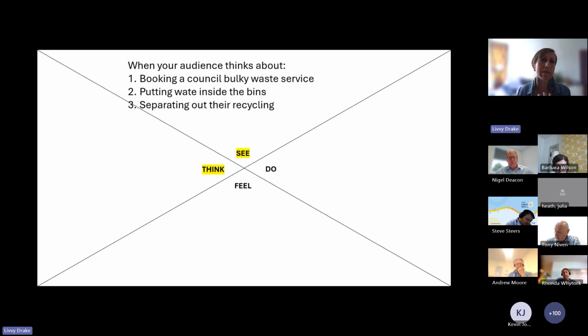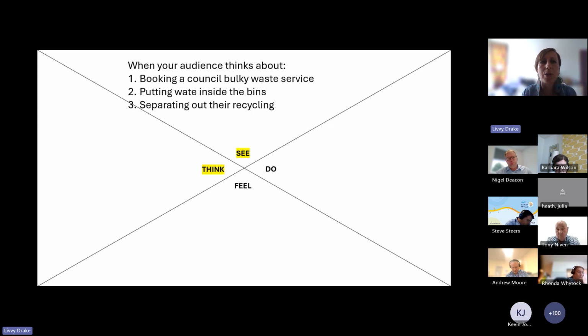So just another exercise that's really useful to do, a bit of research and just getting ourselves into the insights of our target audience, is something known as an empathy map. So if we think about the ideal behaviour we want people to do, we can ask them, what do they see? What do they think? What do they feel? And what do they do? So this is an empathy map. And just for the purposes of today, just as a taster, I'm going to ask you to think, what do they see and what do they think?